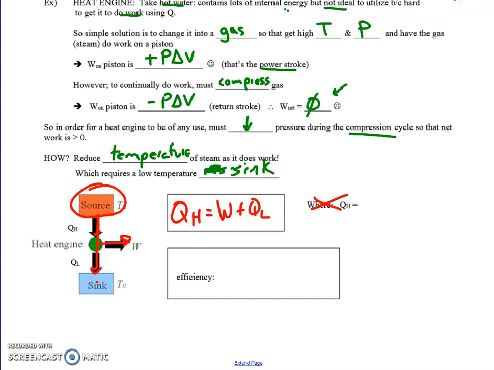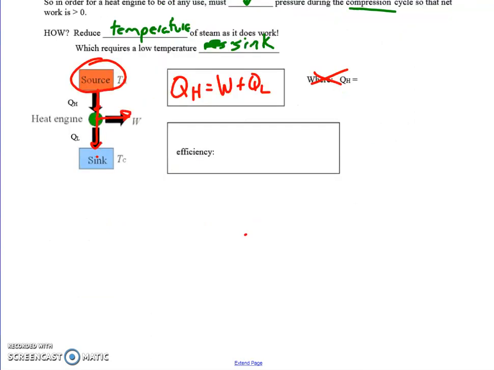So if we want to look at the efficiency of this, how much we get out versus how much we put in, it's pretty straightforward. Efficiency E would be equal to what I get out. What I'm interested in is the work. I'm not interested in the energy that goes to the sink; that's just waste, if you will, unless you can recycle it. This is divided by what I put in, and what we put in is QH. So look at that for a second. Make sure you understand why our efficiency is what we get out versus what we put in. Now, according to this equation up here, W would be equal to QH minus QL